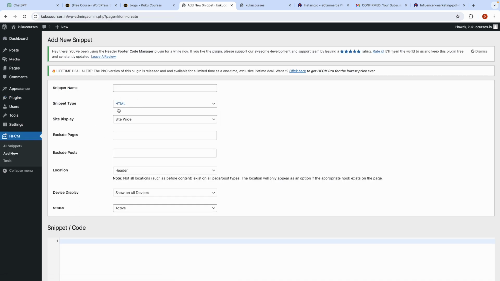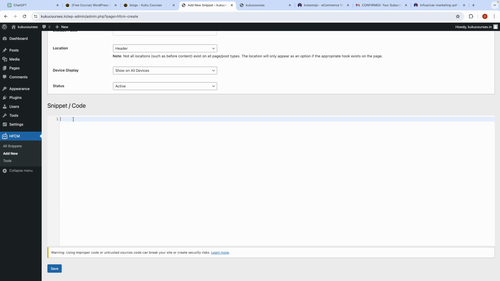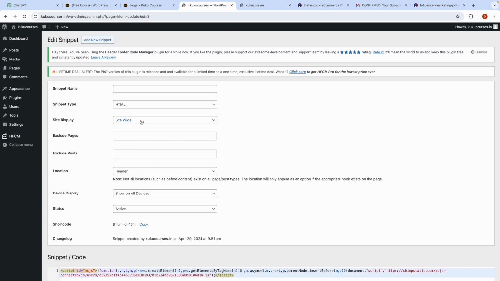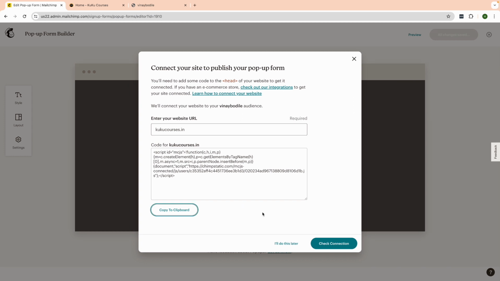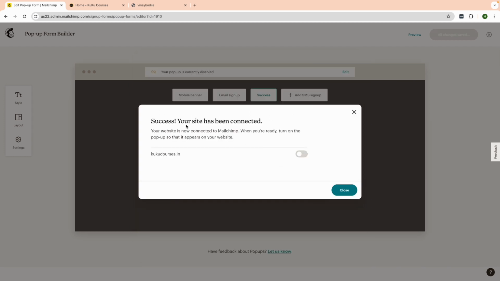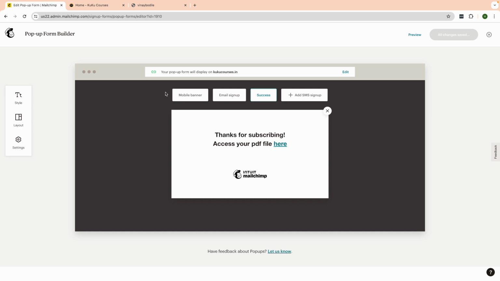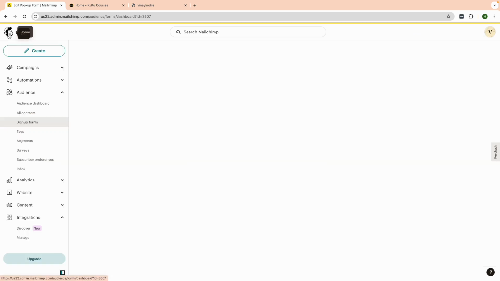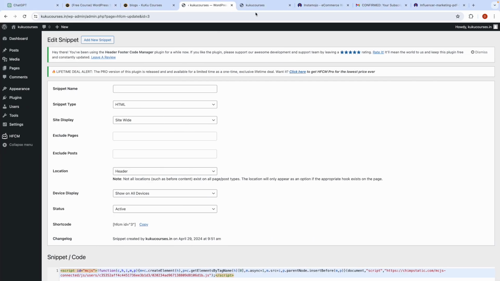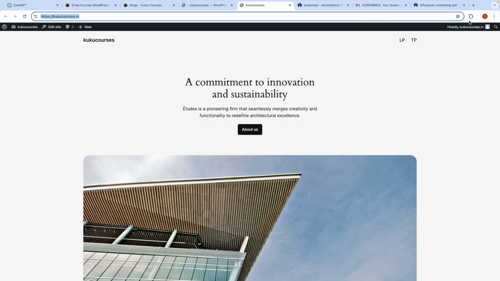In my case it's already installed. I will click on add new, and just paste this code here, click on save button, all done. Now if you click on check connection, you can see the site has been connected. Make sure you switch on the pop-up, click on close button. Awesome. Let's just go back, and now if you just open your website in the private window,